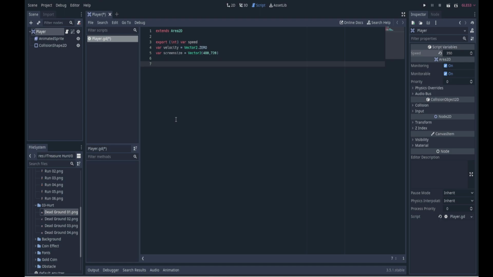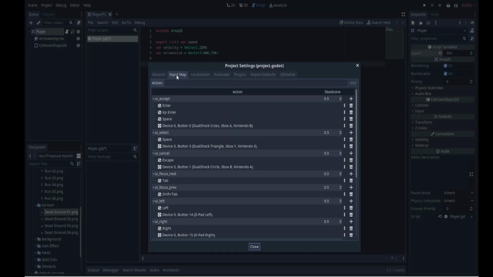For this game, you have 4 directional inputs to check, the 4 arrow keys. Input actions are defined in the project settings under the Input Map tab. In this tab, you can define custom events and assign different keys, mouse actions, or other inputs to them. By default, Godot has events assigned to the keyboard arrows, so you can use them for this project. But if you want to map your own keys, you could go to Project, Settings, Input Map,